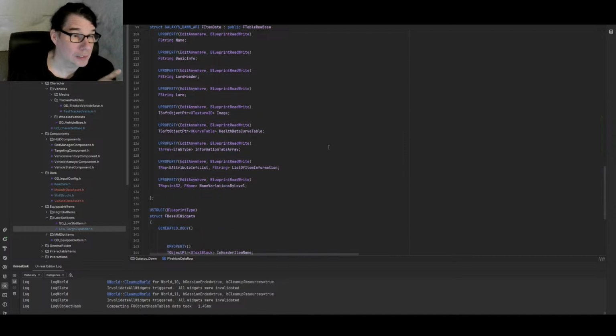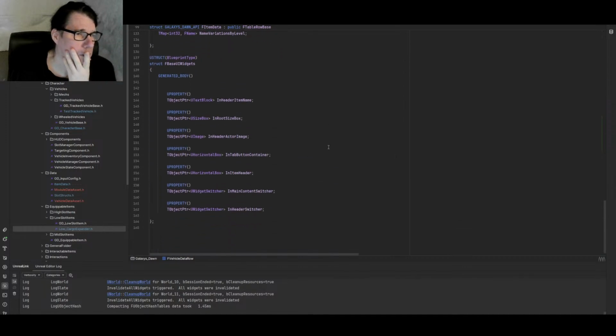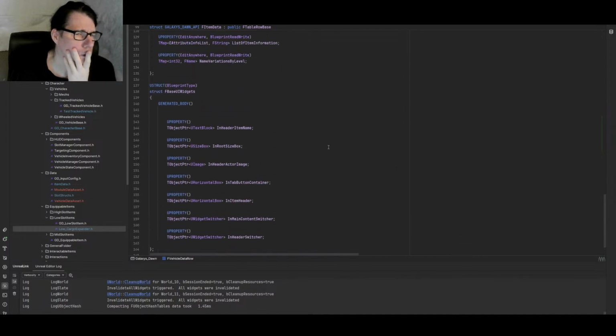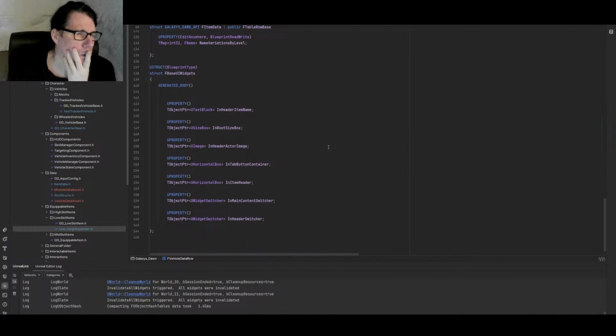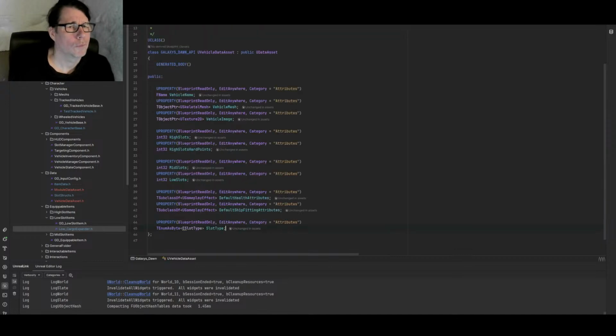The question is, do we actually need it? Vehicle type. Vehicle. To be honest, I think that we need one more thing in this class here. I think we need a T subclass of,